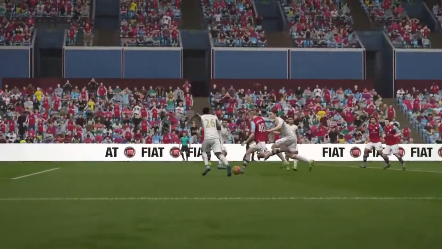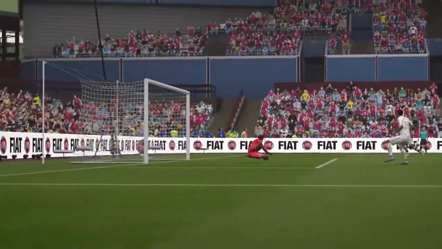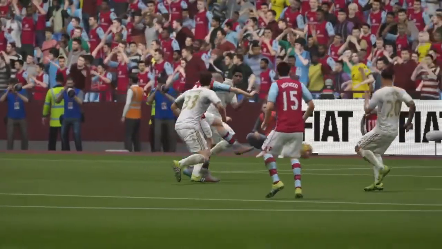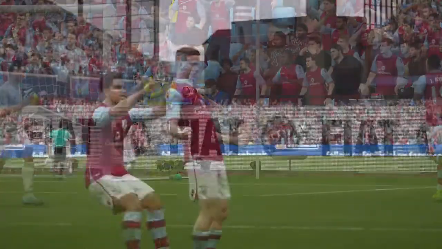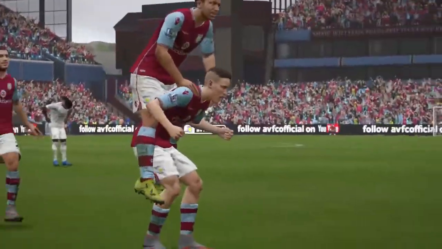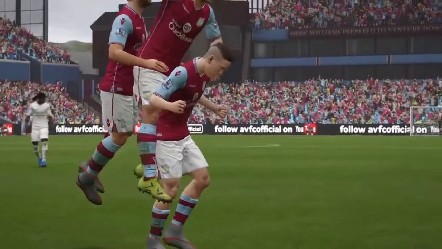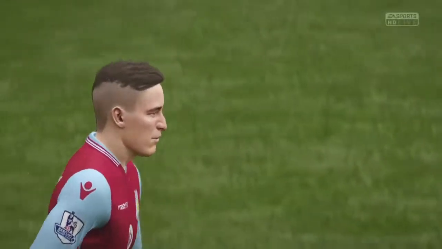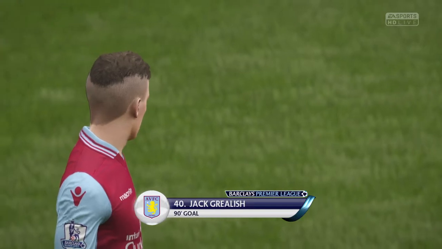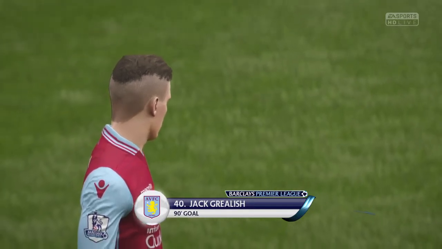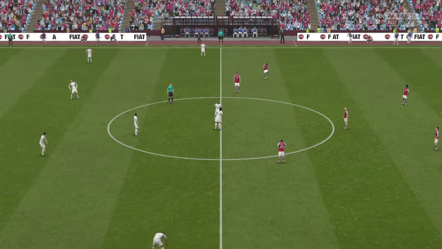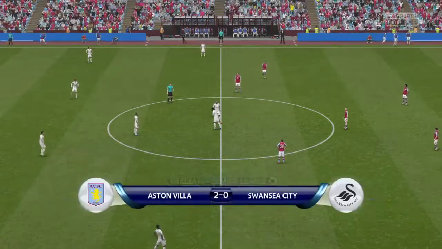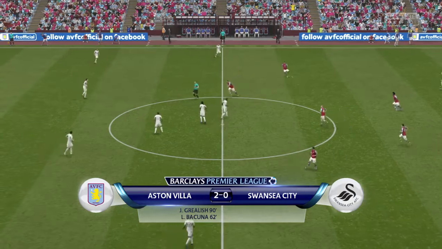Let's have another peek at that goal. Just widen the margin here to 2-0.